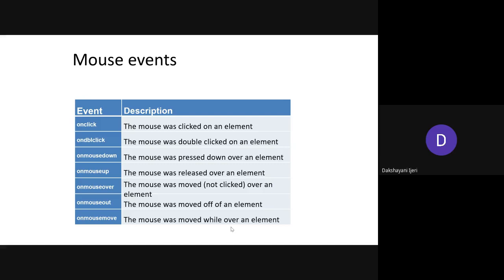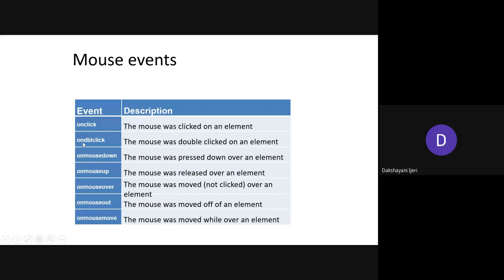Okay, so I think you are very much familiar with these events. What you need to do is, based upon each event, write the particular actions to be taken. For example, if the user is going to click on some part of the web page, what action needs to be performed? If you want some action to be performed by the web page when the user clicks on a particular location, or on a form, or anywhere on the web page, you can consider the event as onclick.